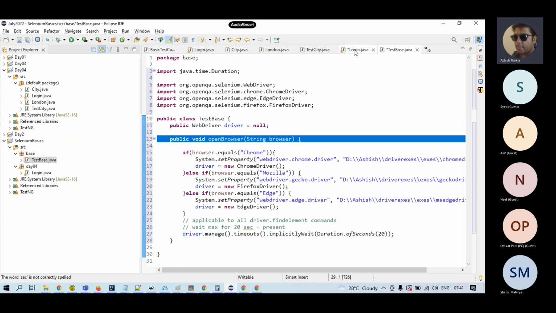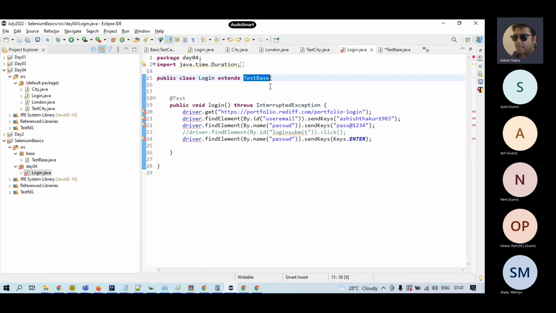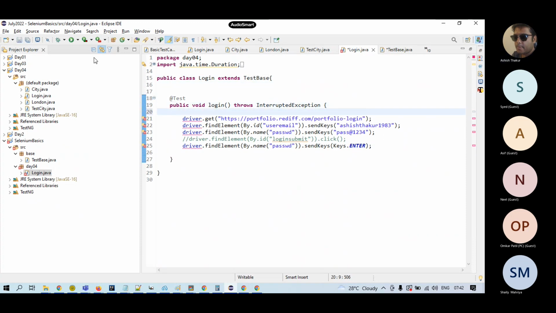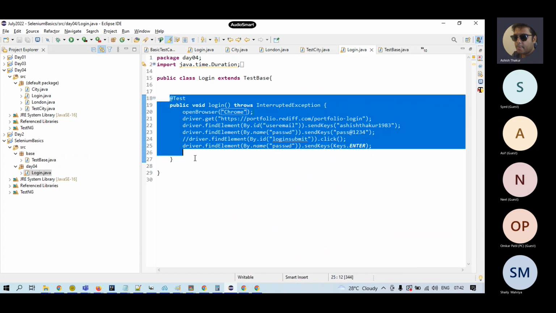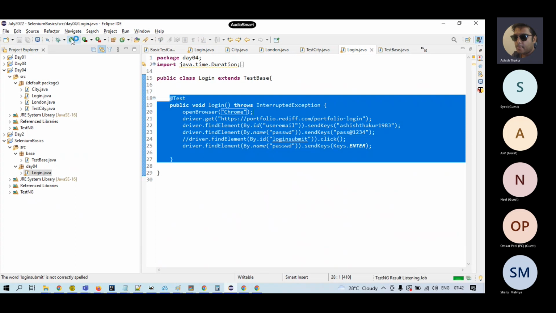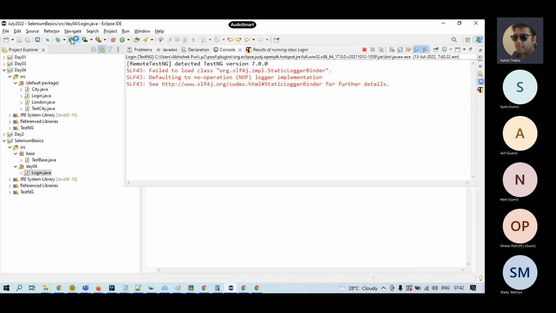So it will have access to both driver as well as the open browser function, right? And you can call the open browser function from here, Chrome. So I don't need to write that code again and again in every Java file or the test file which I will make, right? If I run this code, the output would still be the same,